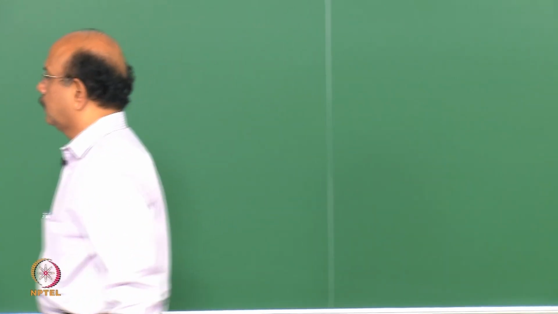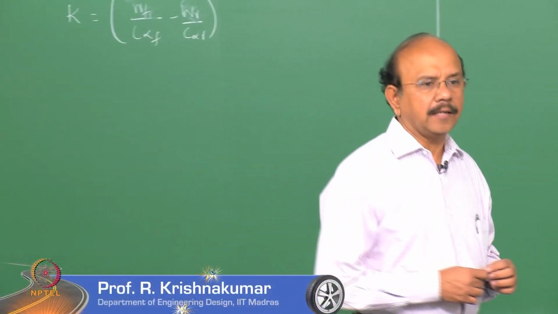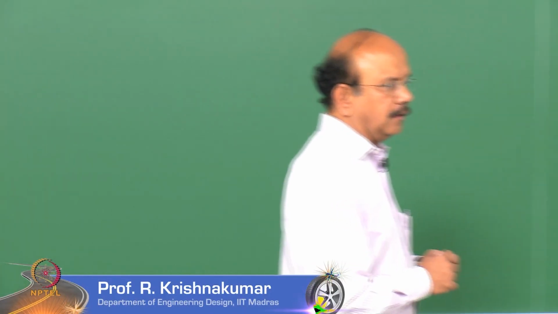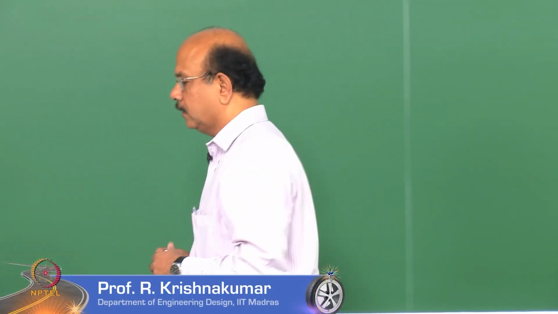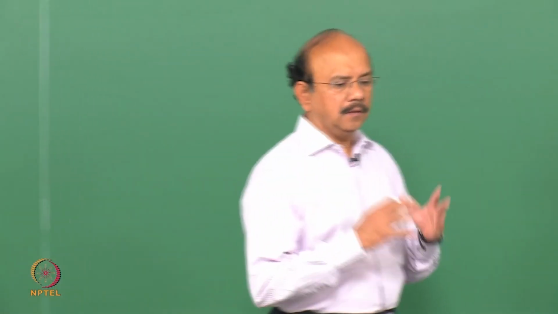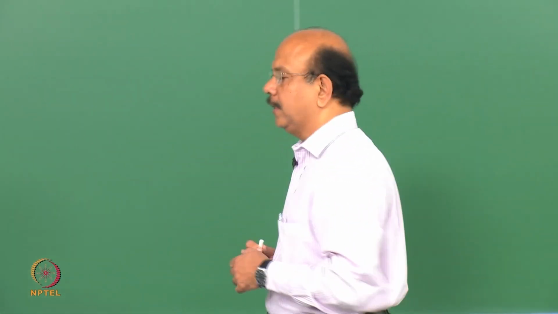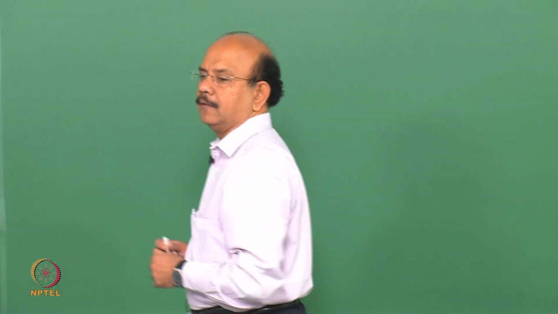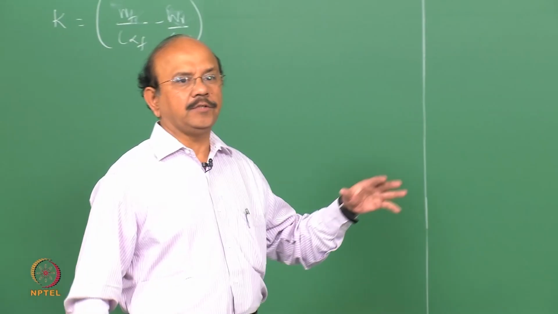Yeah, in the last few classes, we have been looking at the handling characteristics of a vehicle. In that process, we developed, of course, the understeer gradient, and we also brought in a very simple technique called the Mimuro rhombus in order to understand the vehicle behavior. These are simple techniques, but a lot more things happen in the actual vehicle. In other words, the understeer gradient is one of the